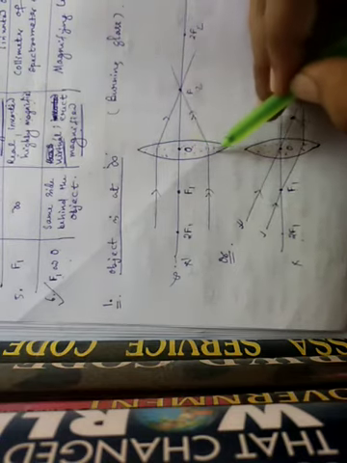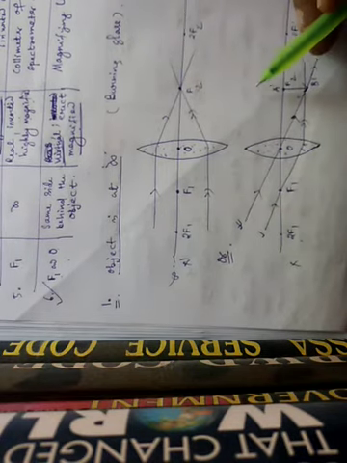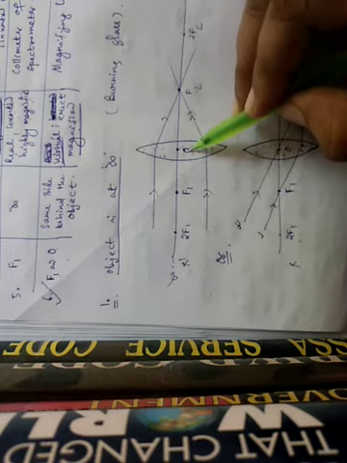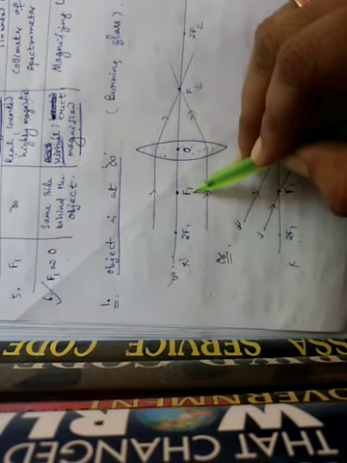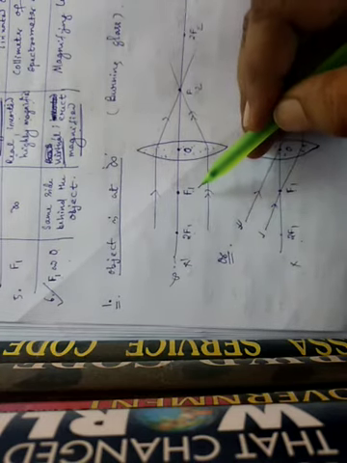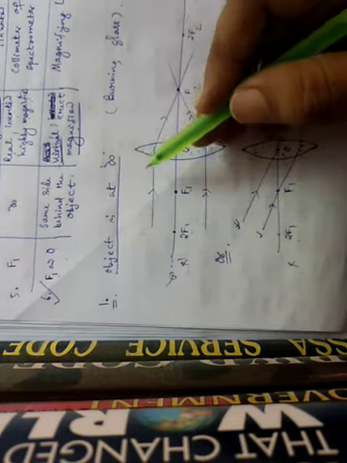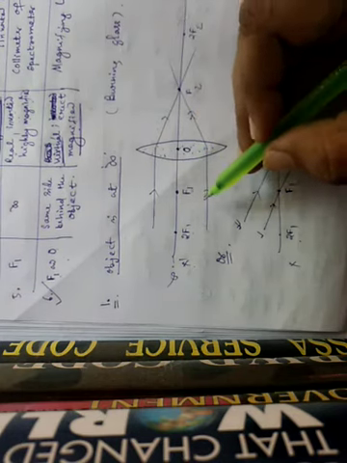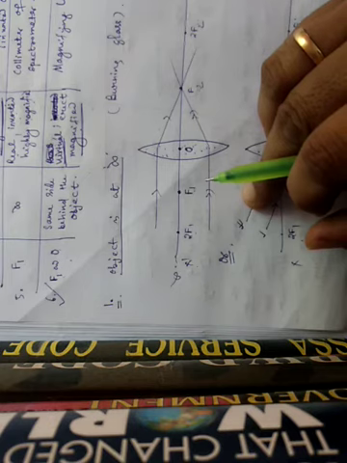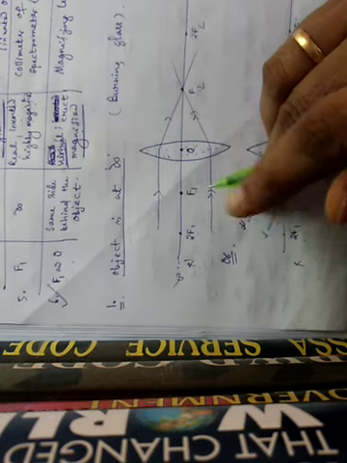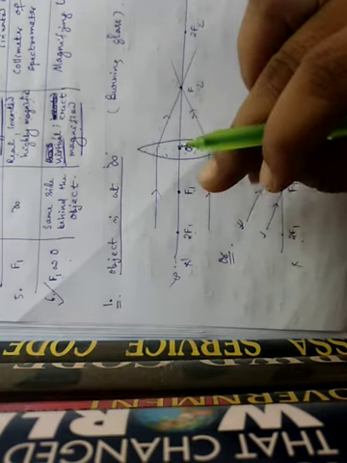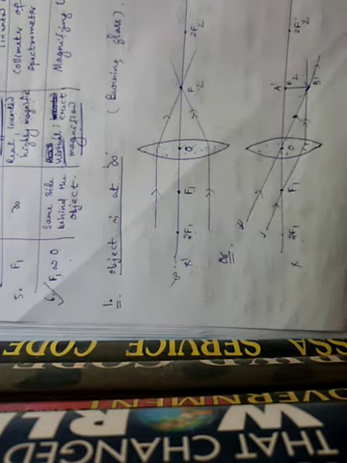First draw the lens, then draw the principal axis, put the names X and X dash, and it is named as optic center, first focus F1 and 2F1. First keep in mind your object is at infinity. That means you cannot show the object in your ray diagram. Object at infinity means the object is very far away from us. So we have to use two parallel rays.